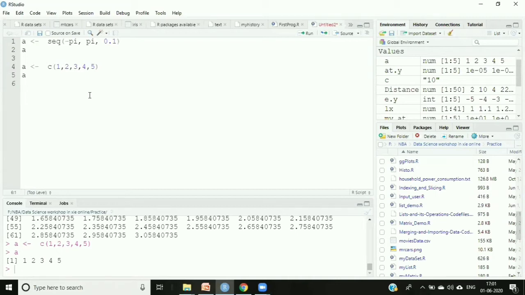Just give me 1 minute. So what I'll do, I'll try to cover one more topic, this one vector, and then we can stop because it's already 5. So I'll try to finish in 5-10 minutes, and then we can see the queries of all the participants, and then we can stop, right? Because we are having lots of stuff to cover. So if we will not be able to finish, then it will be very difficult. So I'll try to cover this particular part.